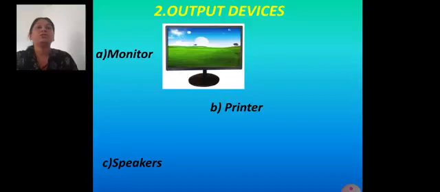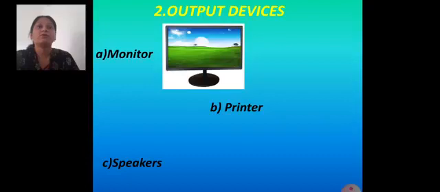The monitor helps us to display something, to view something. So whatever we enter in the computer, whatever instructions we give to the computer, will be displayed on the monitor. Monitors come in different sizes. Some are black and white monitors, some are color monitors. As I told you, we have seen the example of two numbers. So the two numbers are displayed on the monitor.